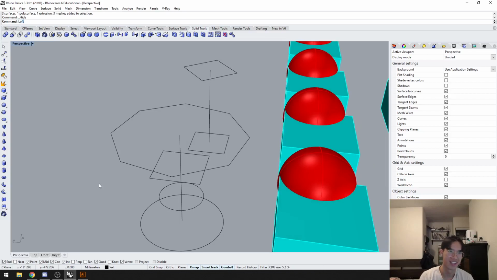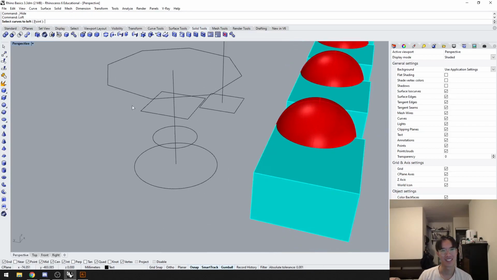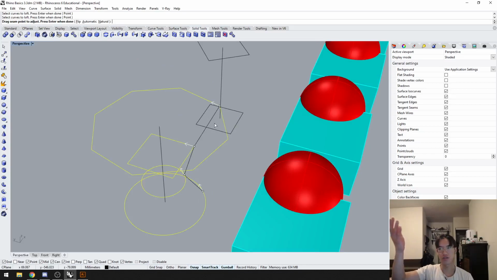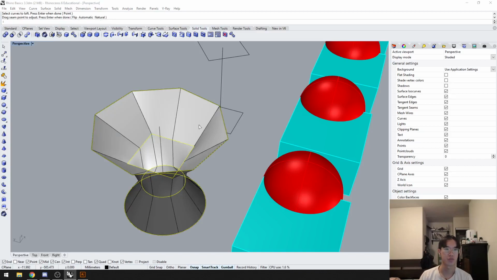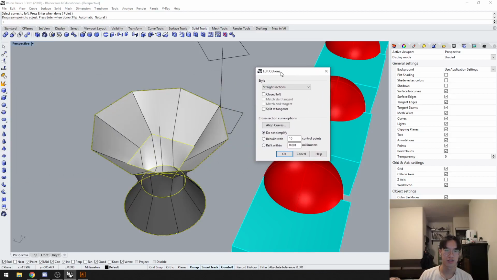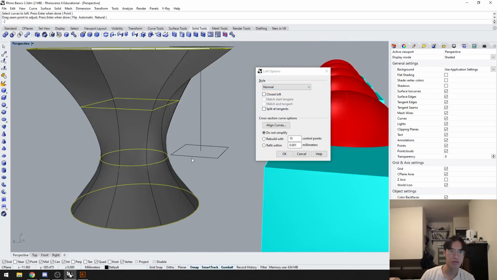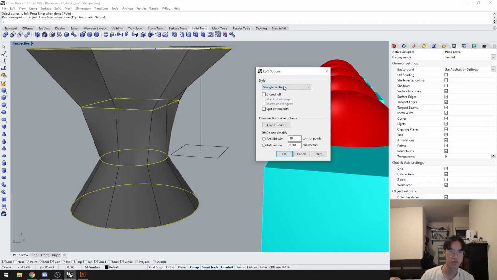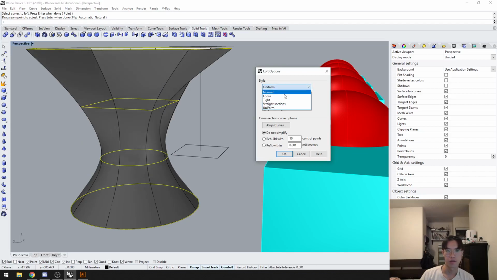Either way, it's called lofting. What it is, basically, you select curves, and it essentially creates a surface from these curves that follows the curves to the best of its ability, right? So you'll get a screen for loft options, and then you can play around with it. There are different types of lofts, so you can see that my loft here is changing based on what I choose over here, right? You can play around with this. There is more depth to it,